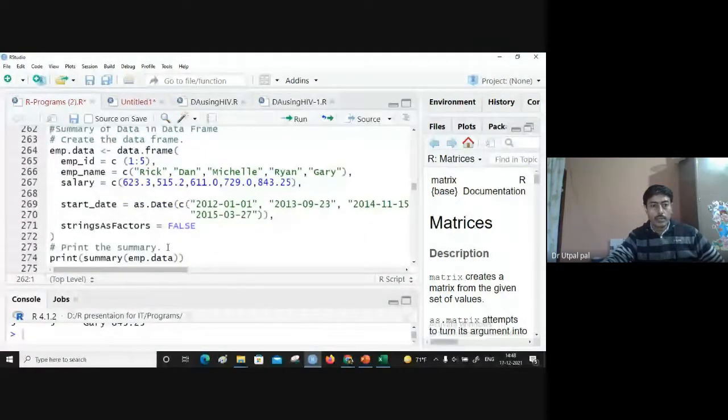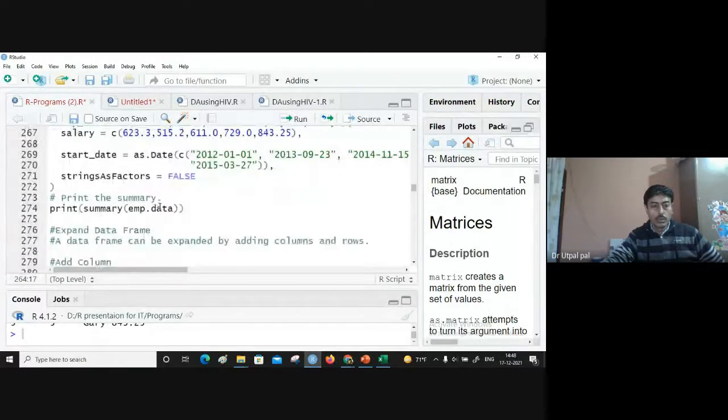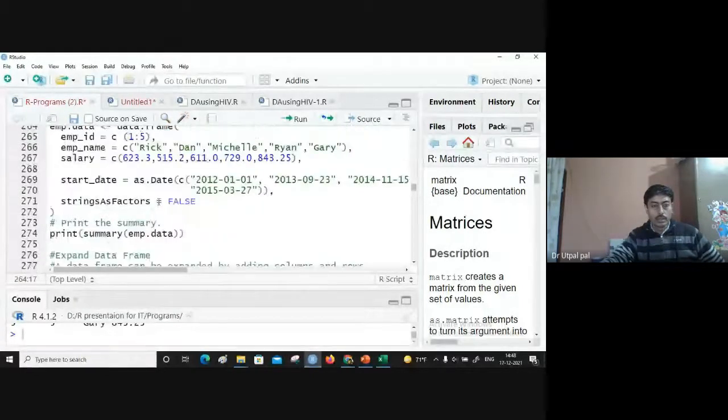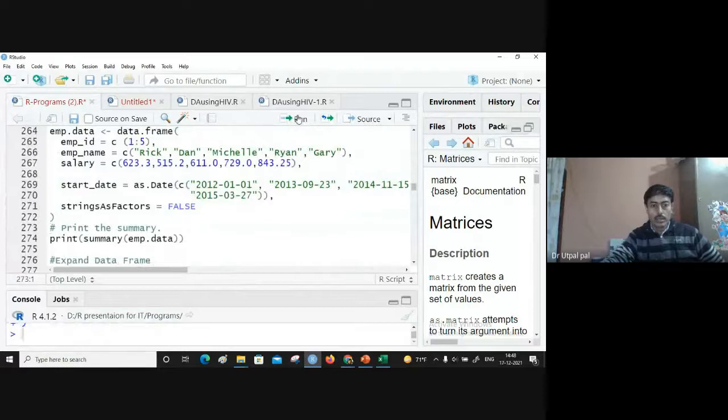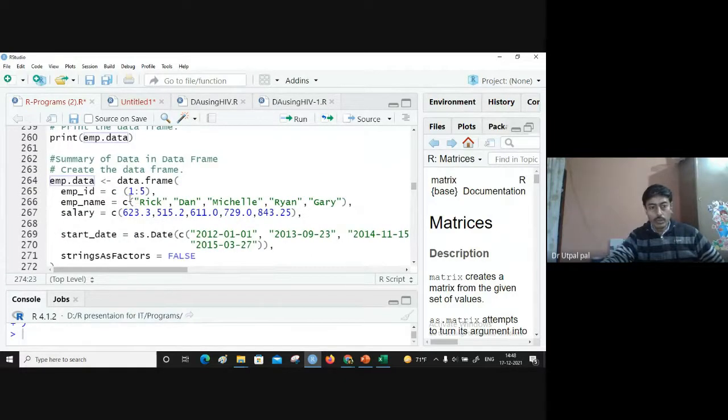For example, here we have another. I'll show another here. See, here a data frame is created. Let me execute it. Next, summary of this data. For example, here we are creating employee ID 1 to 5, and here we have salary.